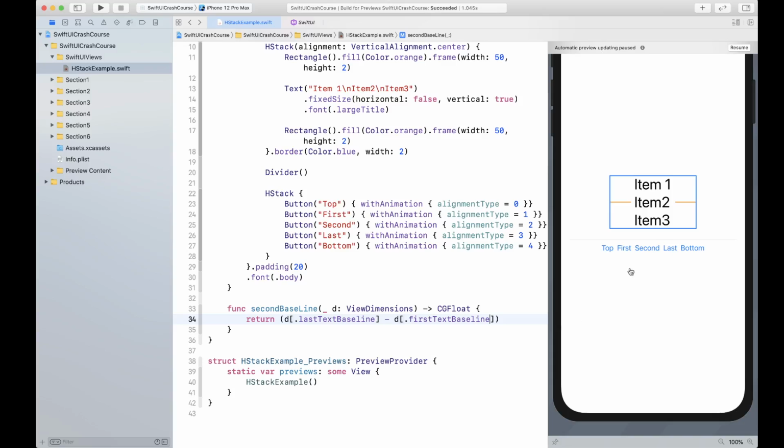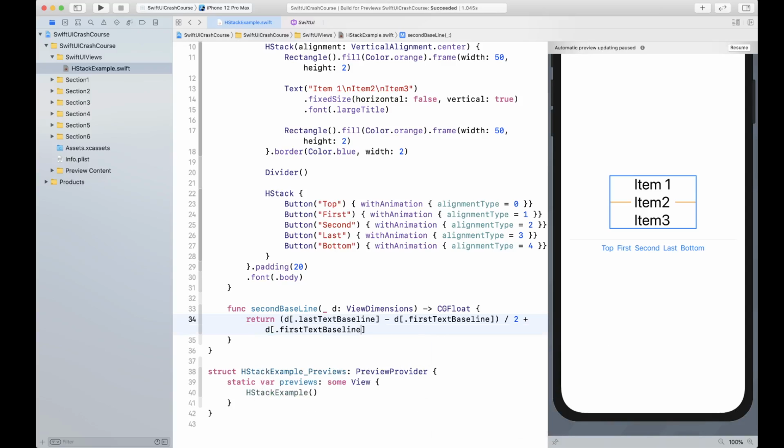So we get the last text baseline, we subtract the first text baseline. Okay, so what we got is basically this area right here, right? Now if we divide that by 2, that's bringing them in the middle, and add